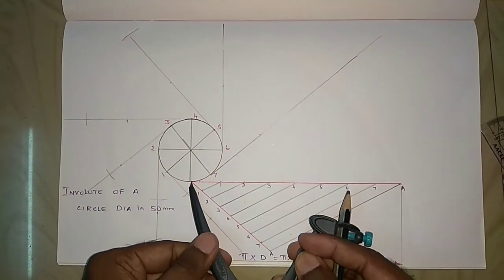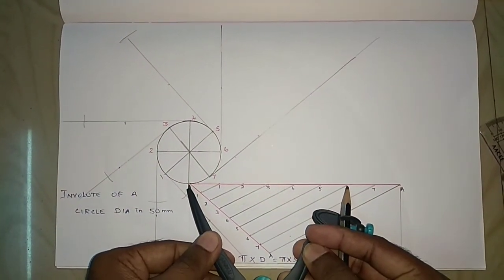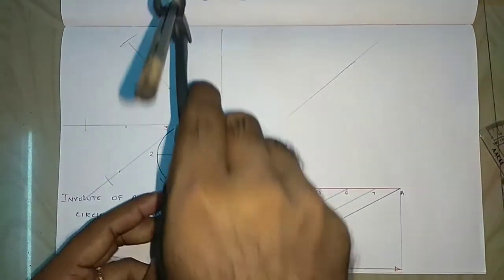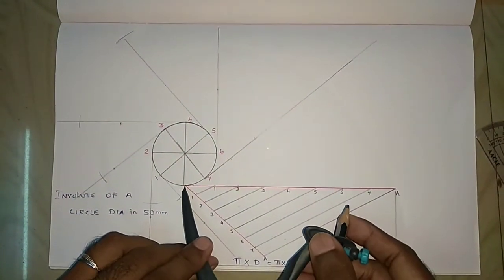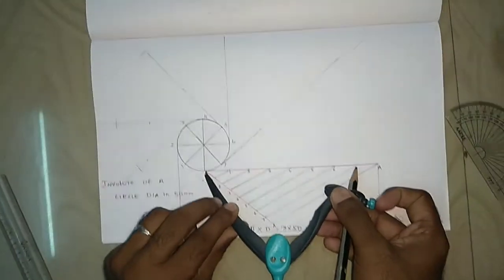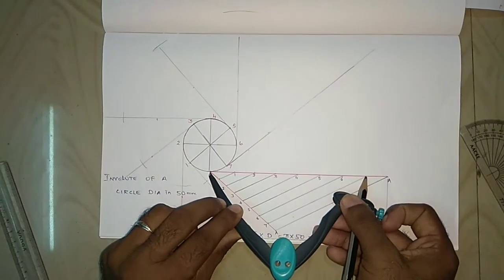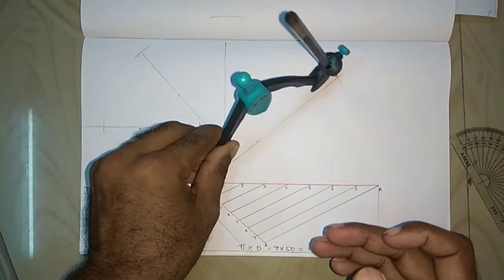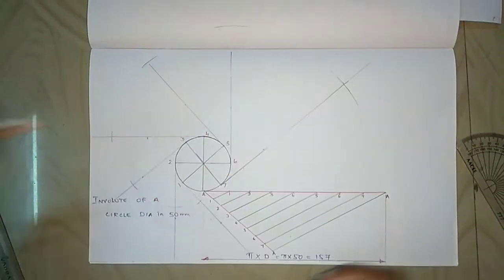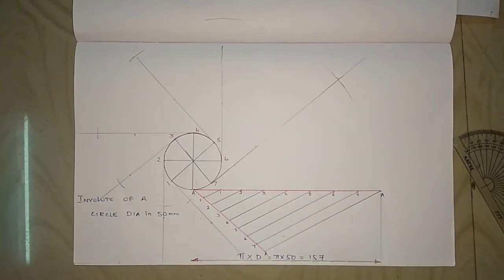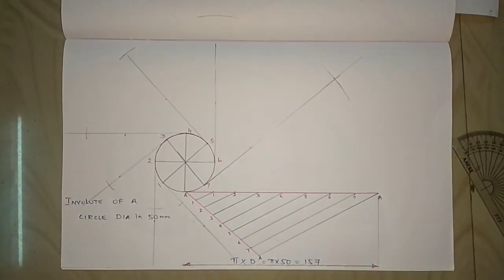Then A6 as the radius, 6 as the center point, make an arc on the sixth line. Then measure A7 as the radius, and with 7 as the center point, make an arc on the seventh line. No need to measure the eighth, that is point A, which is already measured using the circumference formula.